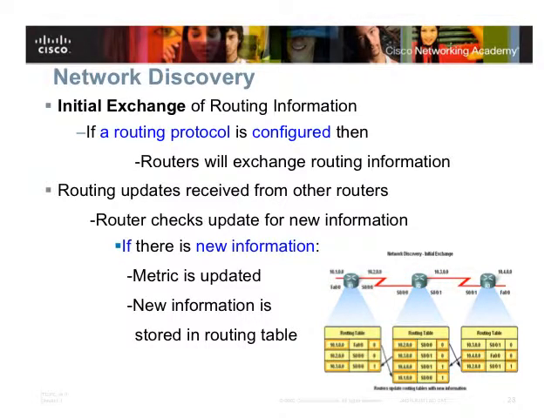Okay? Similarly, router 2 will send information about this network and this network to both router 1 and router 3. Similarly, router 3 will send one update message with this network and this network, and will send it to router 2. So let's take each update and see what it does exactly.